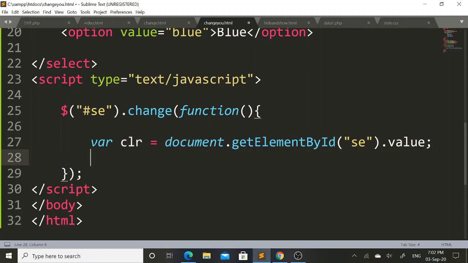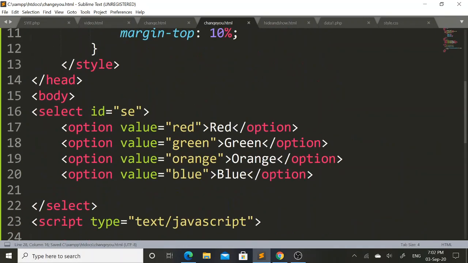Then here again I will declare one more factory function, that is $, open parenthesis, close parenthesis, and within a double quote here I will pass body tag as a parameter. So what I want to do, whatever the color I will select, I wanted to change the background color according to the selected color in the drop down list.